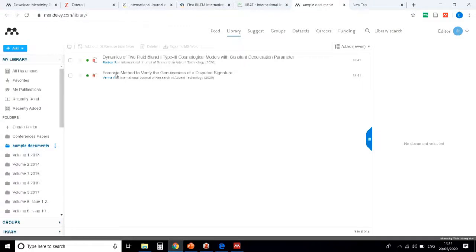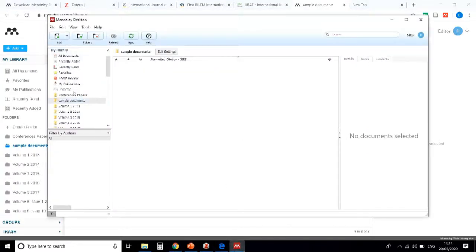This is the online library of Mendeley. Now you can check both documents I recently added through the Mendeley extension.